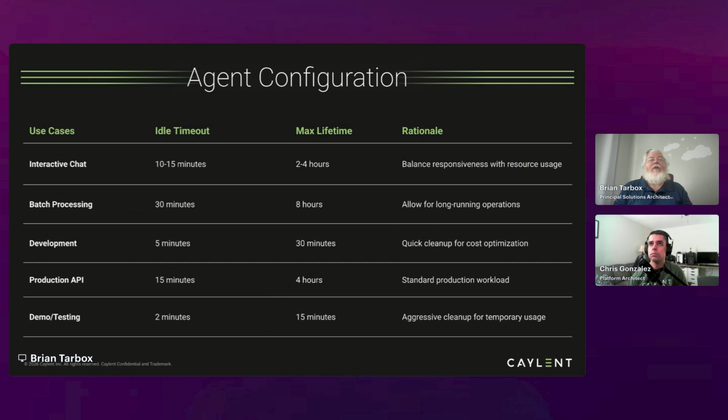This is basically saying if you're doing something interactive, your timeouts can be a bit longer. If you're doing demo things, keep them shorter so you're not wasting VMs. But again, you need to understand what your workload is and what its requirements are so that you can properly